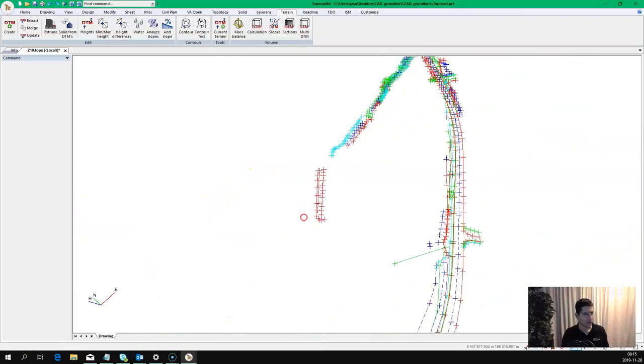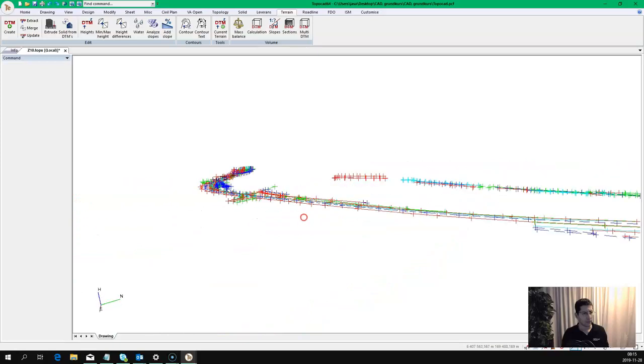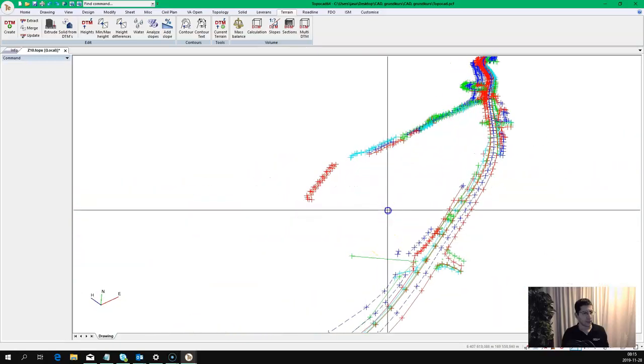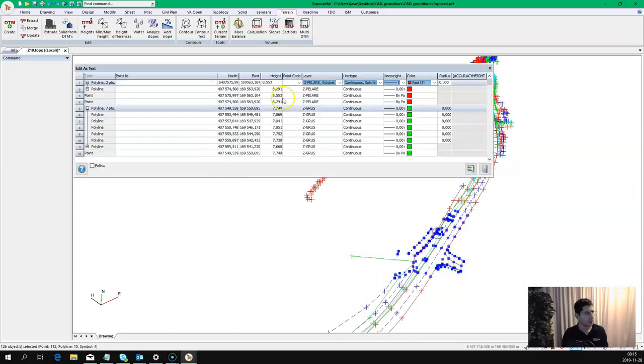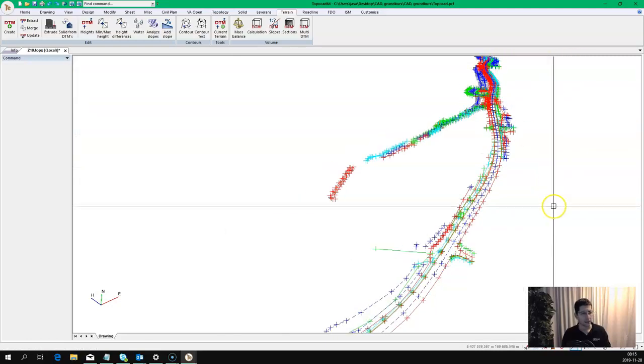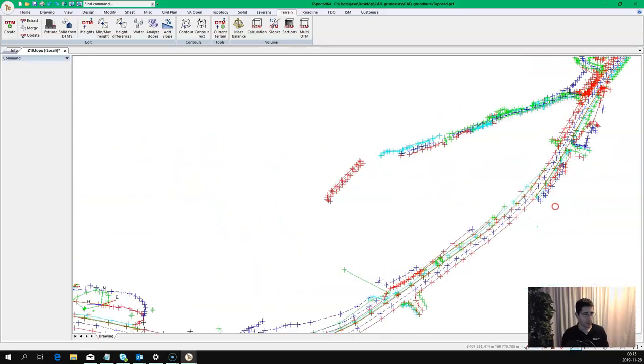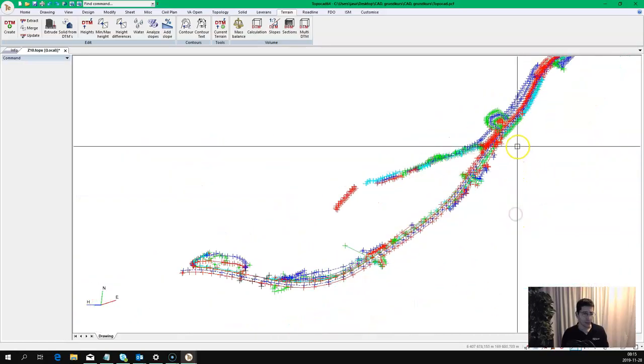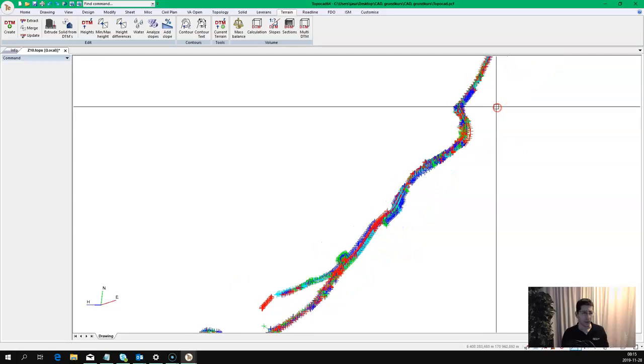And now we have the drawing in 3D. We have heights, as you can see, and that's it. Now we're done. So this is something you can do in Topocad, and